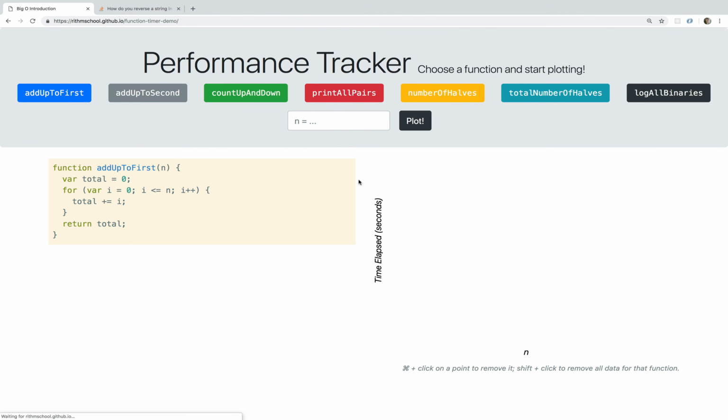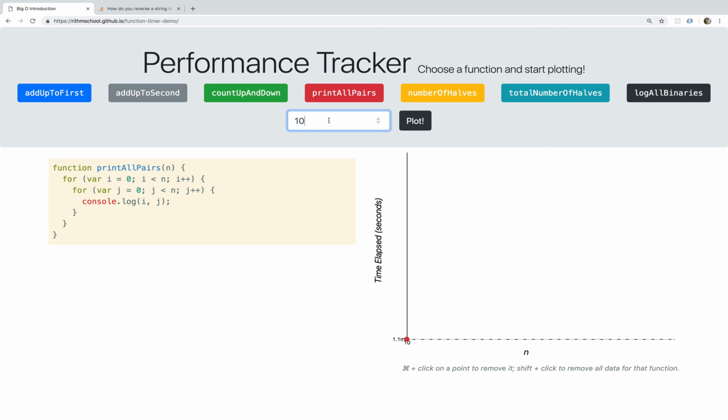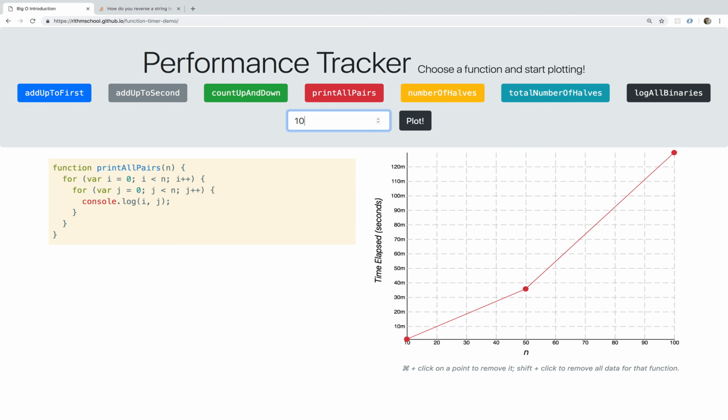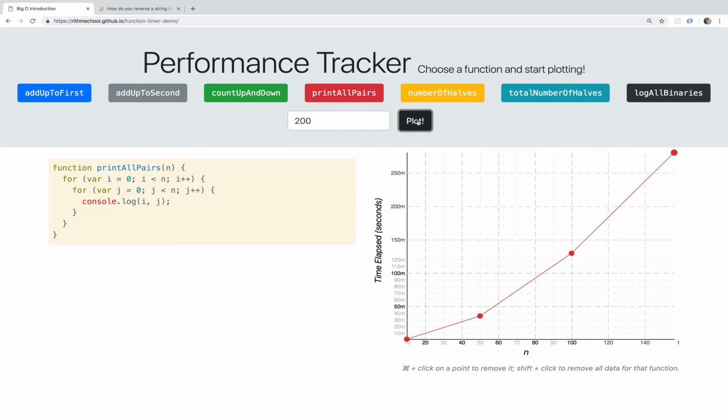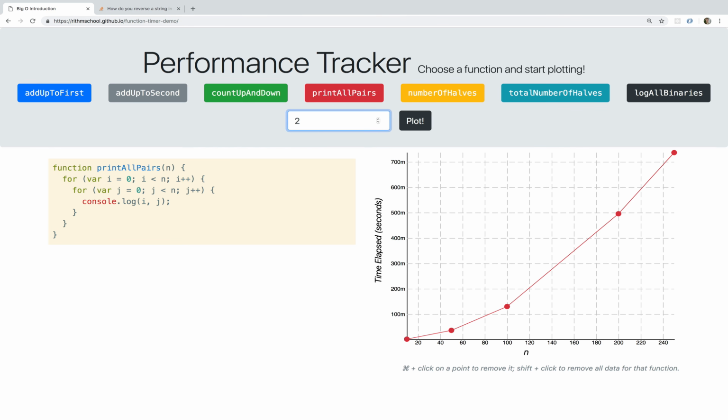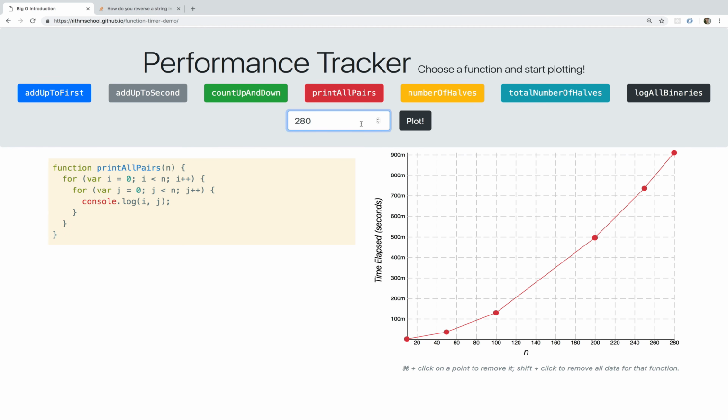So I'm going to refresh the page here, and I'm going to start by printing all pairs. This is the one I just showed you that had O of n squared. And let's try doing 10 and then 50. You've got to be very careful with this one because n squared grows very, very quickly. So far it looks like it's linear. But as I start adding larger n's, you can see what's happening. Let's go up to maybe 250. See how much time it's taking already? 280. I don't even want to go to 300. My computer is not going to be happy. Okay, so if we look at this chart, it doesn't look that steep. But now